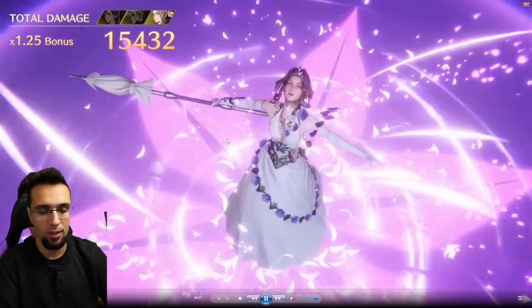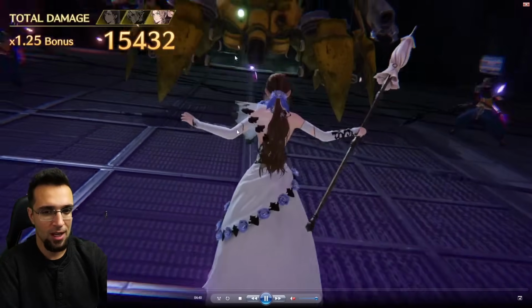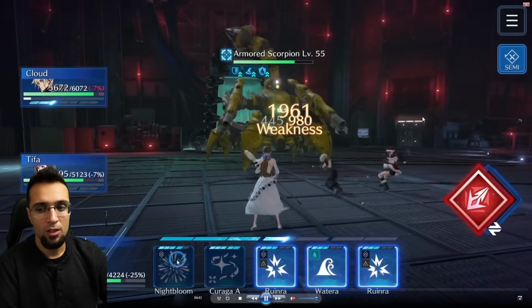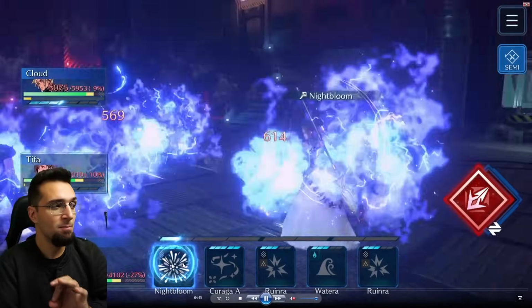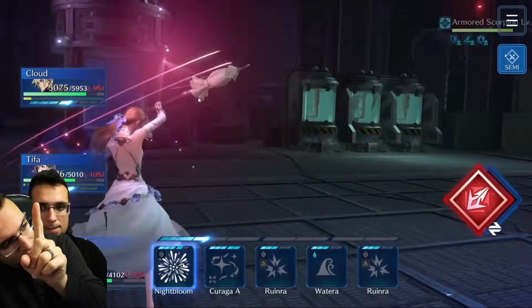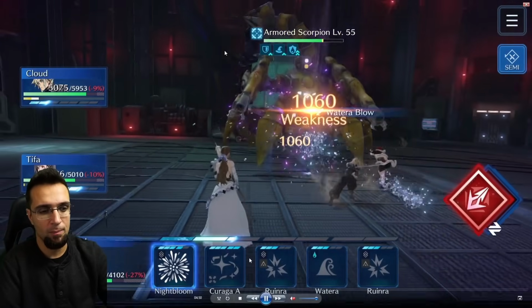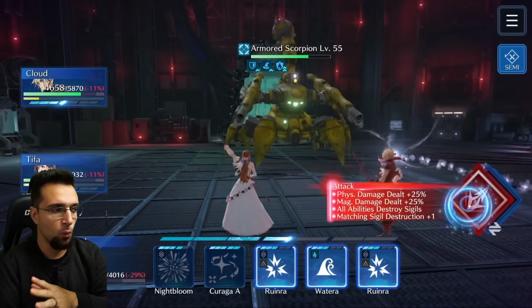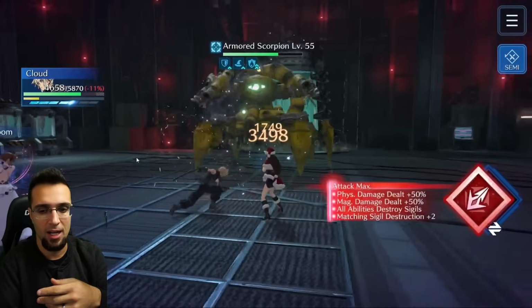They can heal the Scorpion. They're also just annoying to have there because he already does a lot of AoE, which you want to use Night Bloom the entire time and do not care about restoring your HP. If you came in full HP, do not care. Block maybe 1 or 2 hits here to make sure you don't die, or try to block as much as